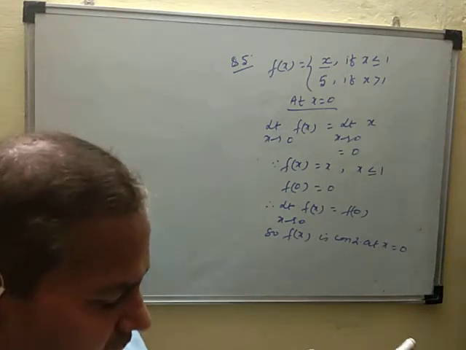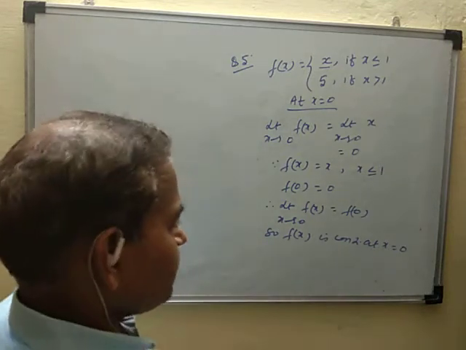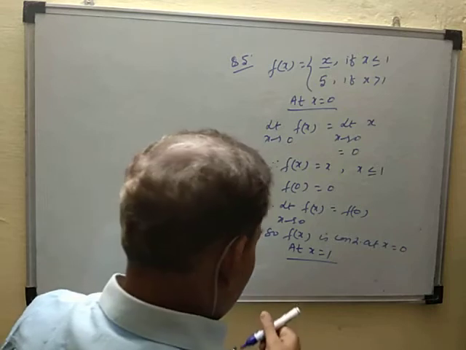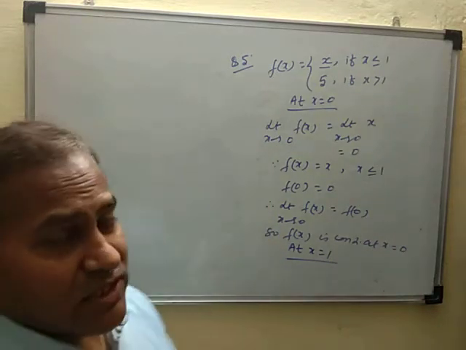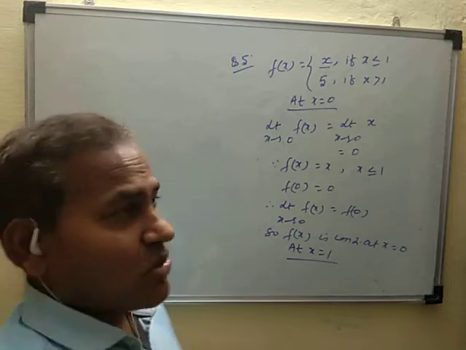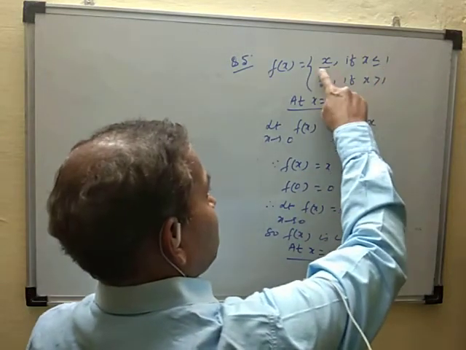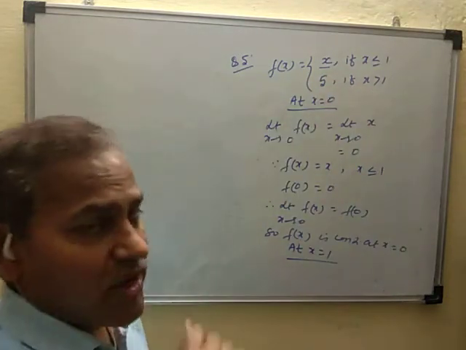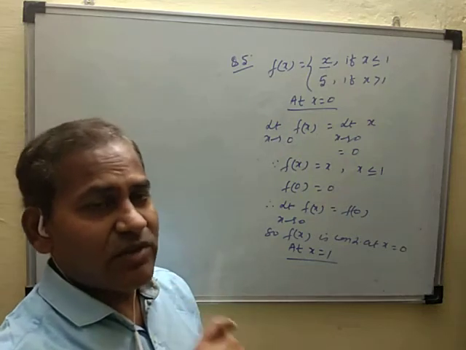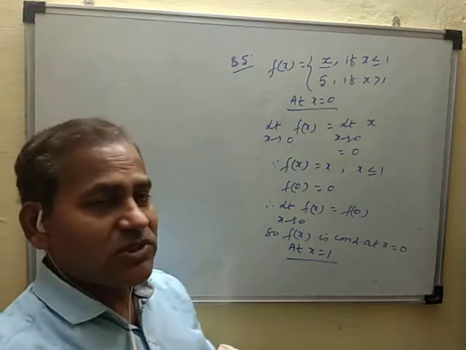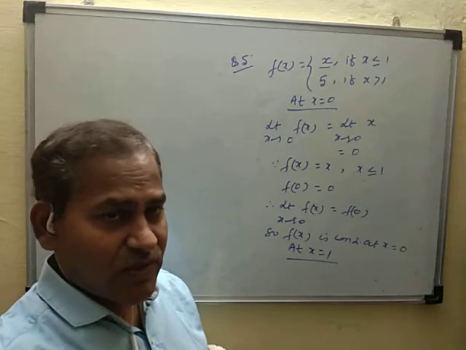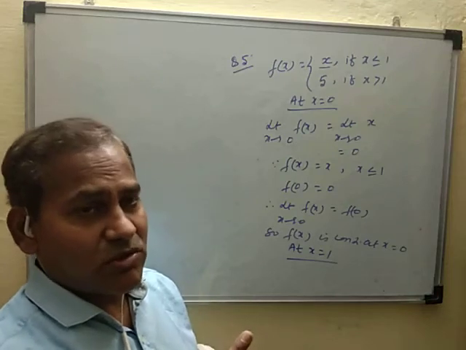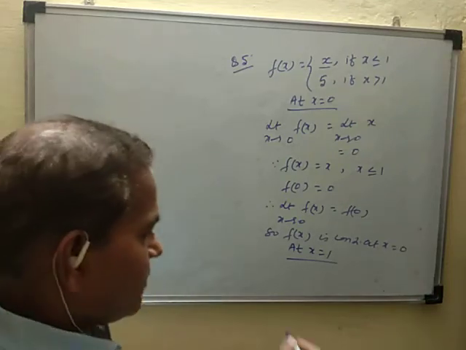Now check that at x is equal to 1. Here 1 is a turning point, because 1 से लेस पे फंक्शन वैल्यू क्या है x एंड ग्रेटर देन 1 पे फंक्शन वैल्यू क्या है 5. सो 1 इज द टर्निंग पॉइंट. अब यदि आपको टर्निंग पॉइंट पे चेक करनी है कंटिन्यूटी, सो फर्स्ट फाइंड LHL लिमिट देन RHL. टर्निंग पॉइंट पे चेक करना हो कंटिन्यूटी तो LHL RHL दोनों निकालेंगे. सो फाइंड LHL.